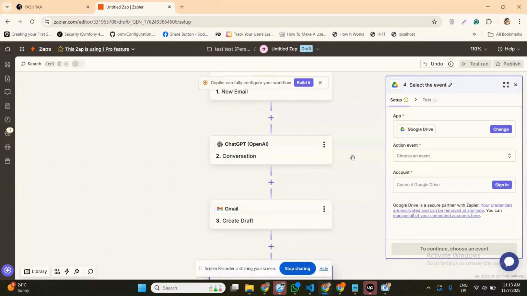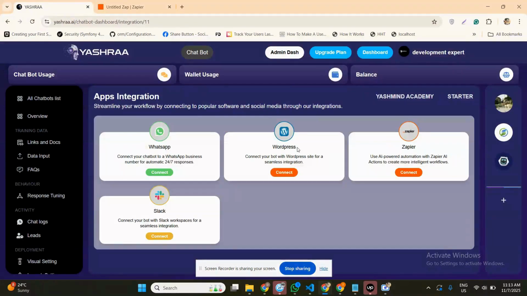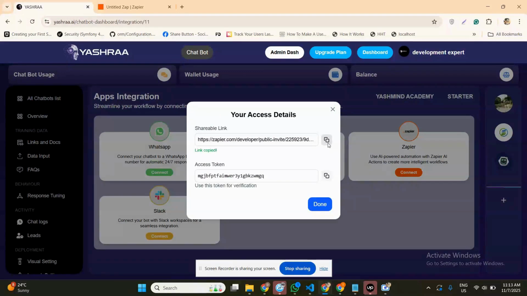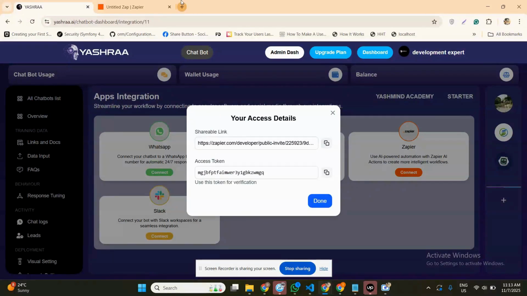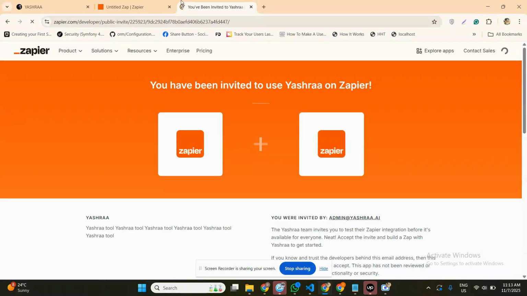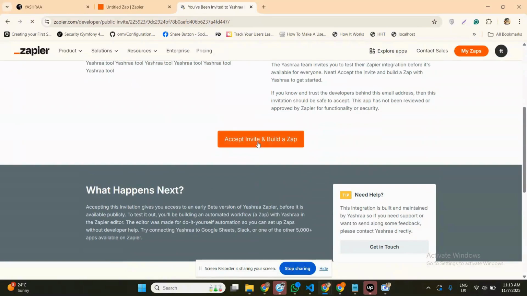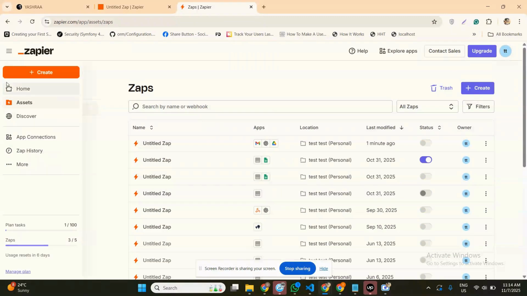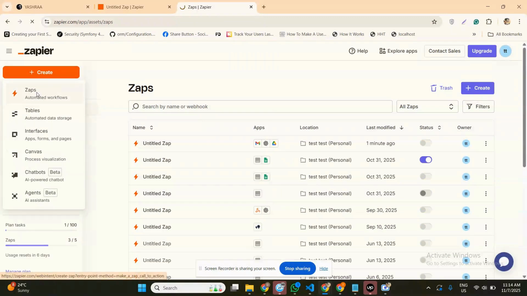The same is the case with Yashraa. If we go to Yashraa, we can click on connect. This will give us a shareable link. If we copy this link and paste it into the browser, it is going to connect our Yashraa application with Zapier. You have to do nothing. You just have to click on accept the invite, and now you are ready to have it in your Zap. So if I create a new Zap over here,